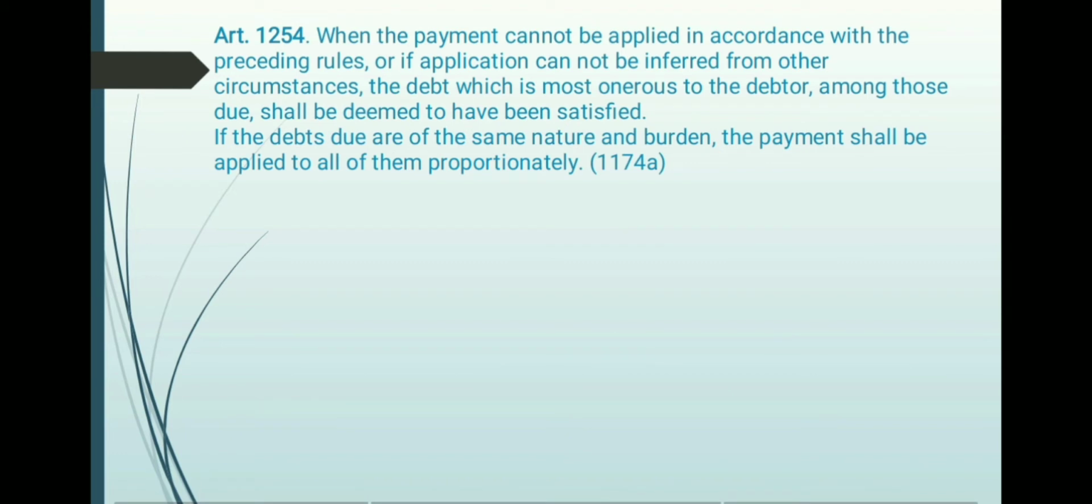Article 1254. When the payment cannot be applied in accordance with the preceding rules, or if application cannot be inferred from other circumstances, the debt which is most onerous to the debtor among those due shall be deemed to have been satisfied. If the debts due are of the same nature and burden, the payment shall be applied to all of them proportionately. In cases of multiple debts, to determine the most onerous, the following may be stated as basis for such determination, to wit: